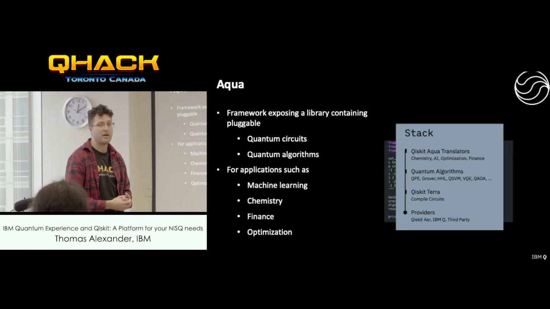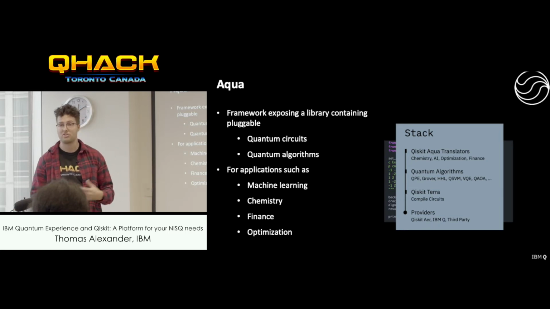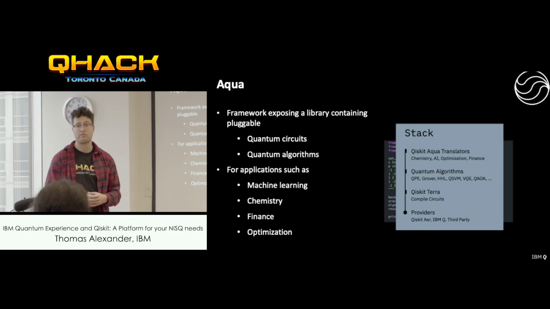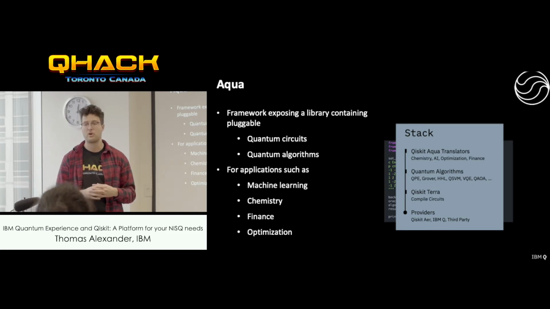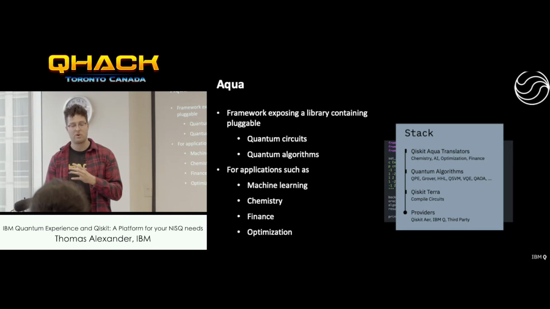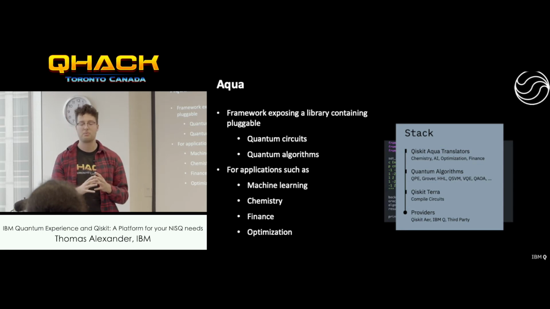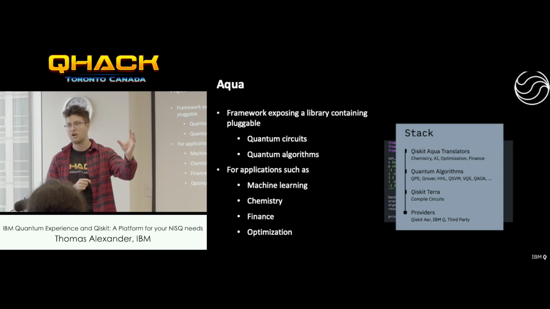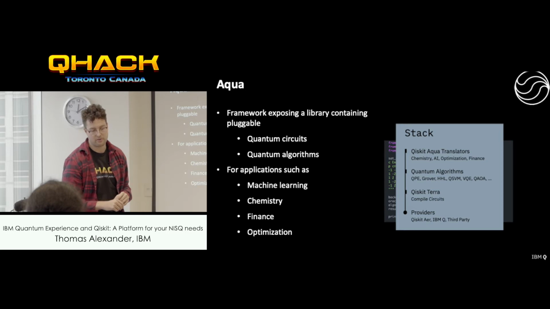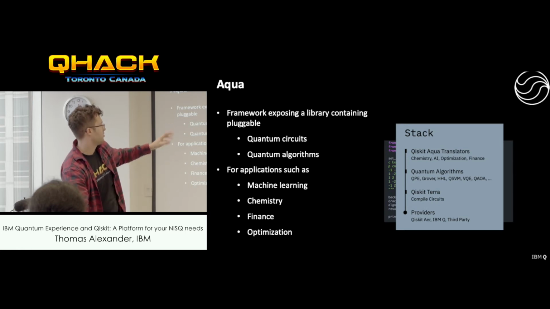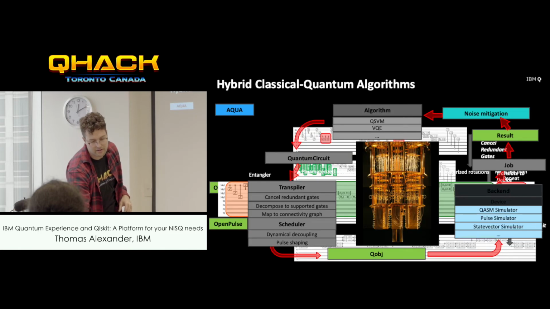And so this is a hackathon about quantum applications, quantum machine learning. So we do have a framework for quantum applications, and this is Aqua. It's a pluggable framework designed to interface classical algorithms with quantum components within those algorithms. It's built into these pluggable pieces where you can slot one component in for any other component, so you can build up arbitrary permutations of algorithms. And it's for applications in things like machine learning, chemistry, finance, and optimization. So here's a brief example that I'm going to skip over to keep things brief.